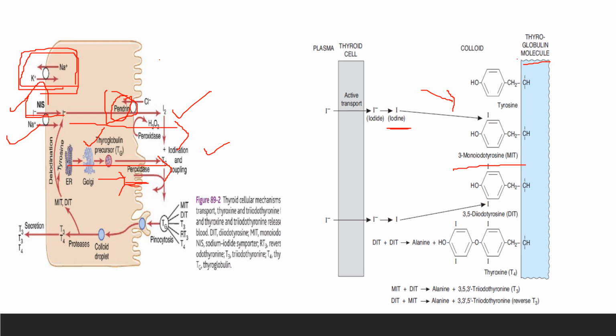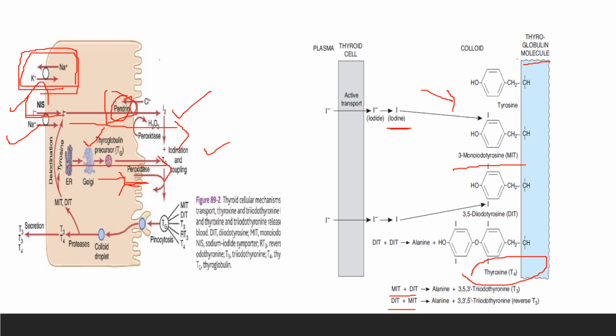Now what happens after this organification reaction? There will be coupling of two tyrosines. So there will be coupling reactions. When two DIT molecules couple together, they form T4 or thyroxine. When MIT and DIT combine, they form T3. Or when the DIT is present in the outer chain, so DIT and MIT combination, they will form the reverse